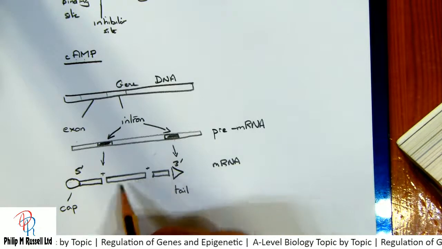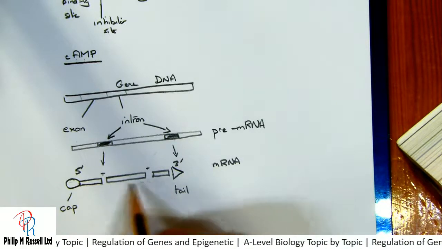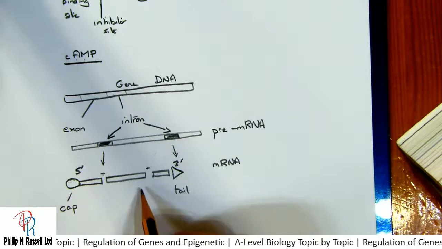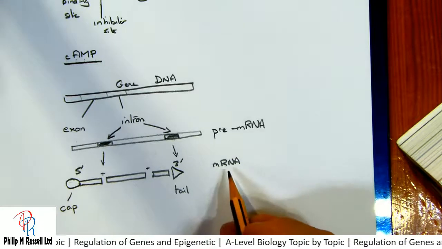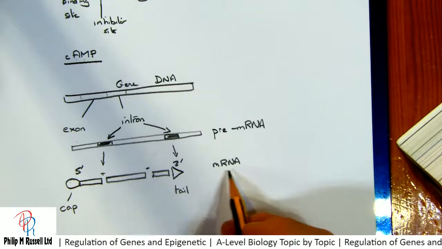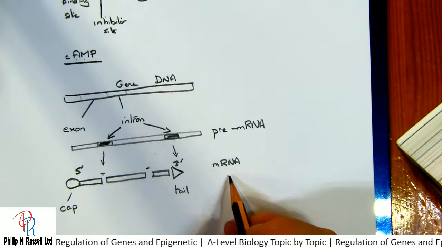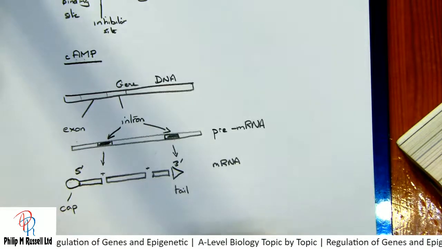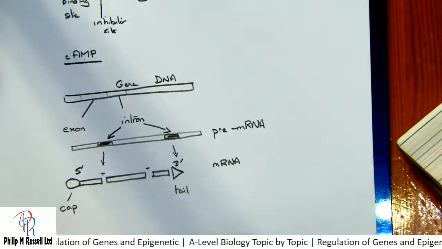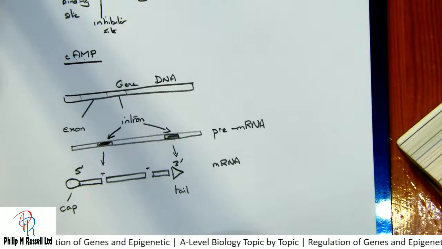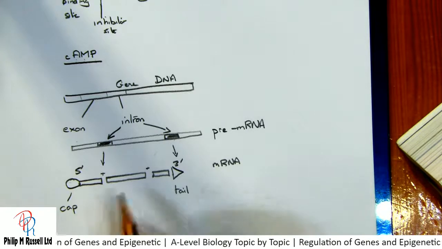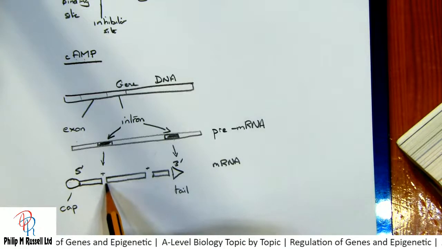Both these help, if you like, to stabilize the mRNA, and this basically delays the degradation of this in the cytoplasm. The cap also aids binding the mRNA to the ribosomes,